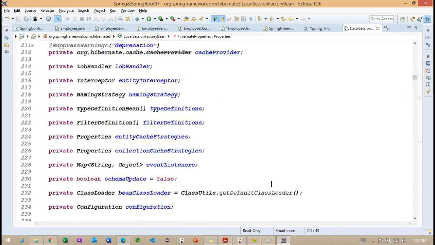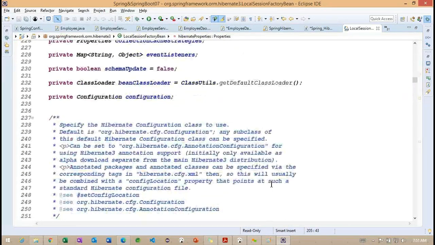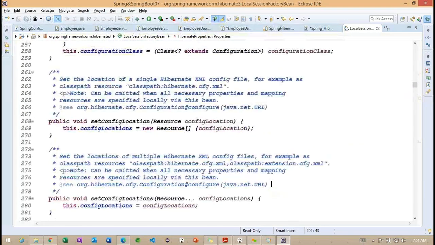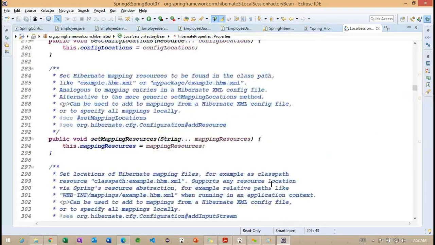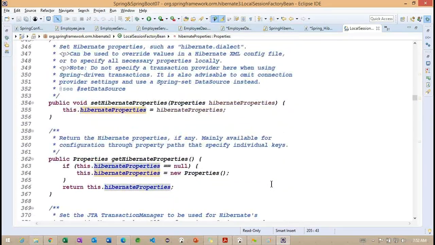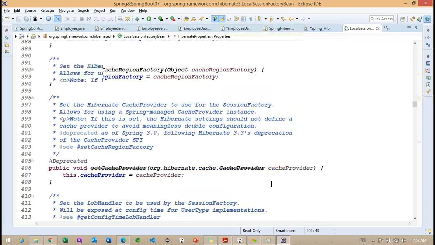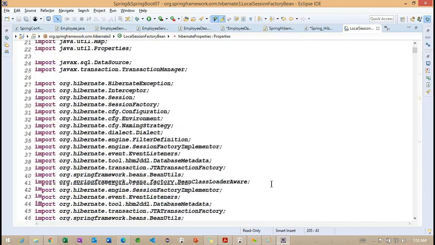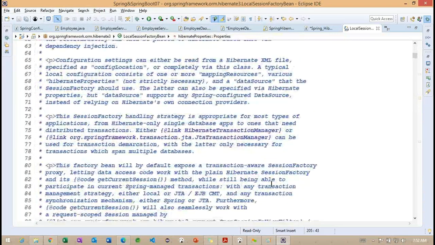Resource properties, transaction manager, data source, configuration, mapping resource, mapping, Hibernate properties, transaction.